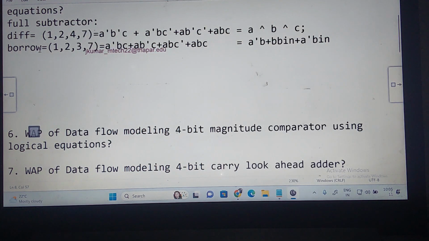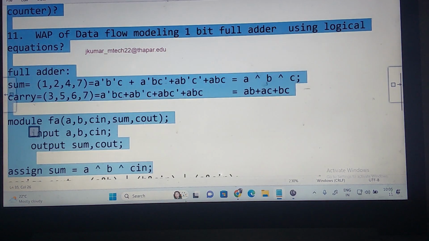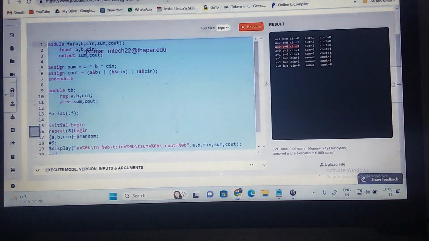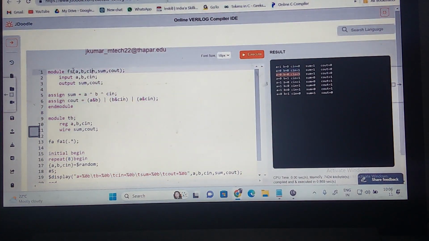Correct? You understand this? Now, how to write a program for this? How to write a program for this? Shall I make this into one full subtractor module? So the inputs I'm going to take are A, B, Bin, and the outputs are difference and borrow. Let me write difference and borrow. So here, input types are A, B, Bin. Outputs are difference and borrow. So this is nothing but the same, correct? Difference is XOR operation. Then what is the borrow expression?